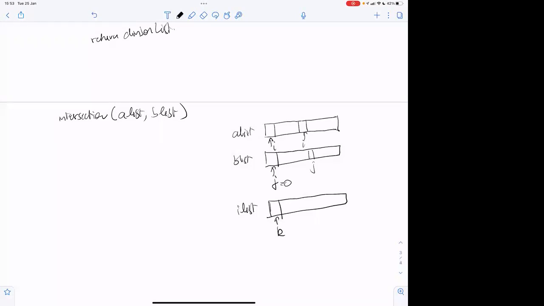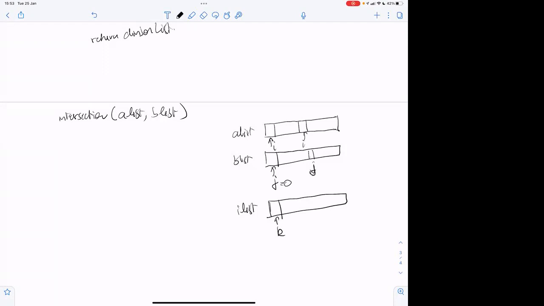A list I cannot occur in B list ever again, since all the numbers are greater than B list J. So you can safely ignore A list I and increment I.